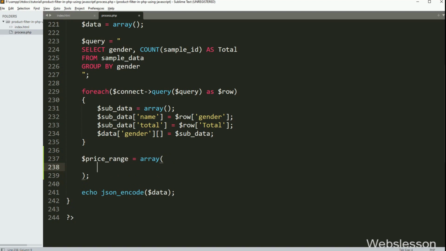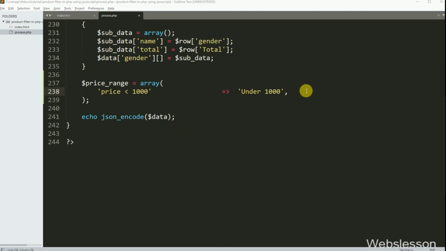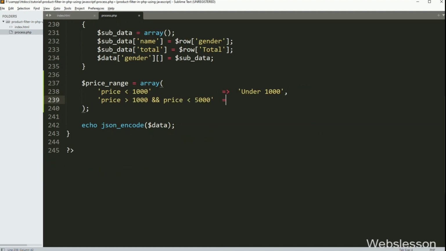In the first key, we have written price less than 1000, and in the value, we have written under 1000. In the second key, we have written price greater than 1000 and price less than 5000, and in the value we have written 1000 to 5000.